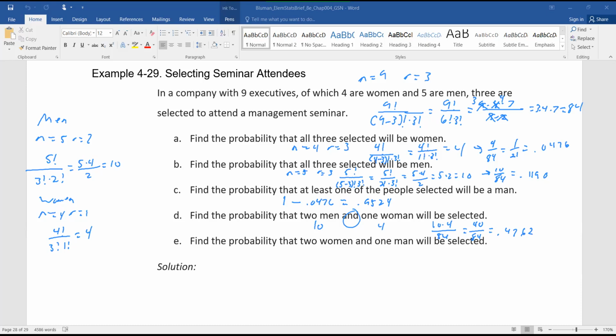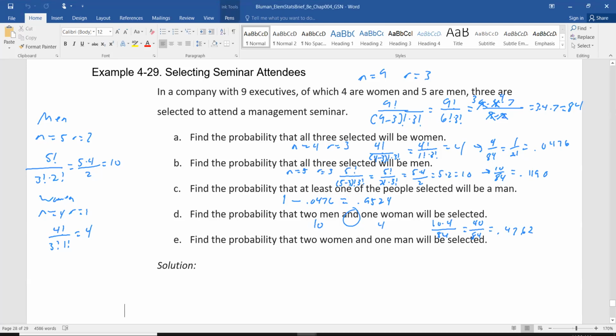That answers part C. Part C was at least 1 person is a man. Yeah, but we just did D. He just got the same answer for C. Yeah, I just think it's cool that we got the exact same numbers. And now I'm wondering if that's always going to be the case. Let's look at the next one. Try your theory, Ella, and see if you get it.